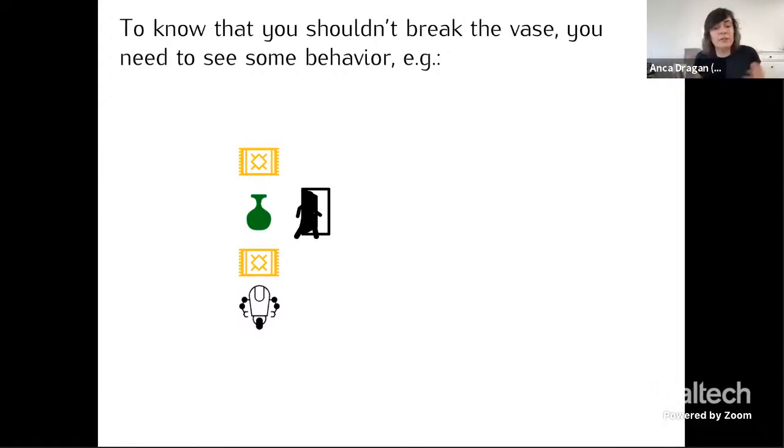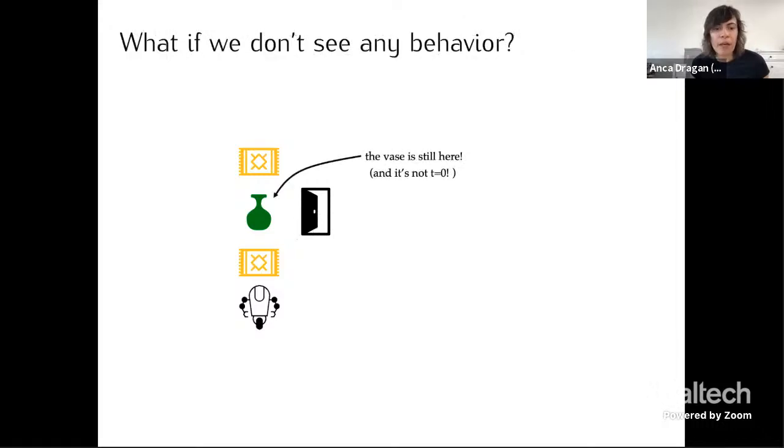And we've talked about ways to do that, right? Including inverse reinforcement learning. Imagine I don't get to see this. I just entered the room and there's a vase in the middle of the room. Somehow the vase is still there and it's not the beginning of the universe. And people have been walking around this room. Now, I haven't seen them walk. I haven't seen them explicitly avoid the vase, right? But I know that they've been walking around. That should tell me that I shouldn't knock over the vase.